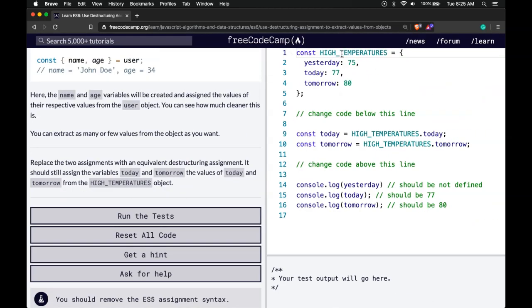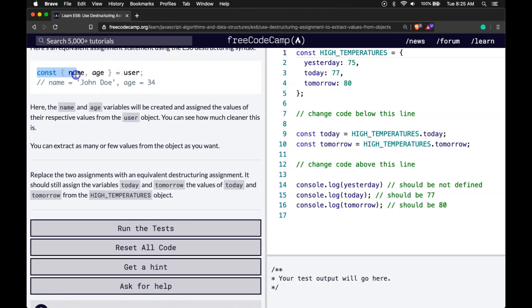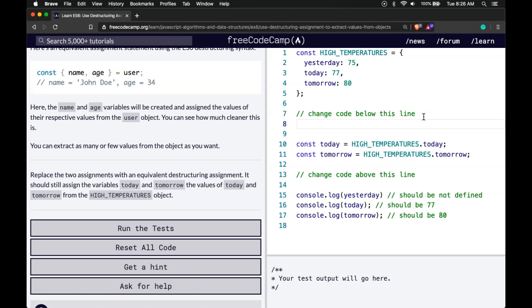Let's look at that. So we have high temperatures object here. Yesterday has 75, today has 77, tomorrow has 80. Here we want today and tomorrow. So similarly, we can use this destructuring to not have to write two separate consts there. We can do something like const, do our object, and within there they want today and tomorrow, so we can do today, comma, tomorrow, and then out here, I mean the spaces don't matter, but if you want it to look a little nicer,